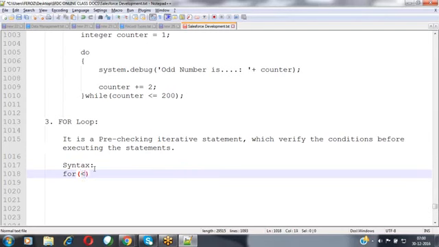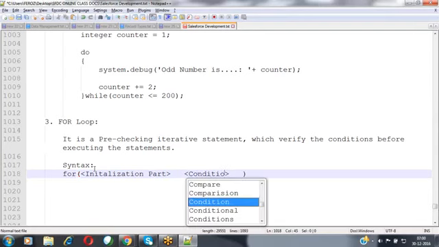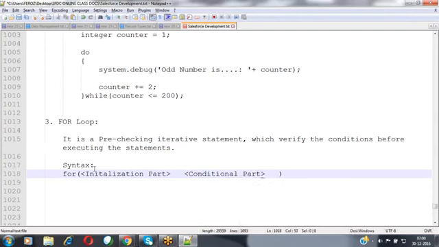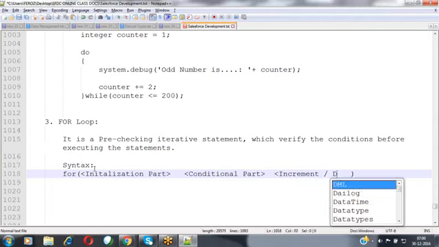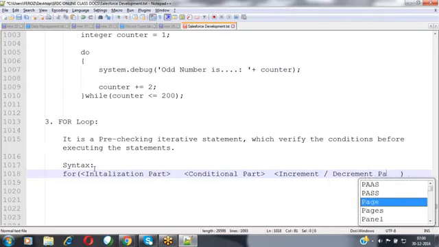We have to use for and then specify the initialization part. This is the initialization part, and then we have to verify the conditions, the conditional part, and the third one, we are having one more part that is called the increment or decrement part.